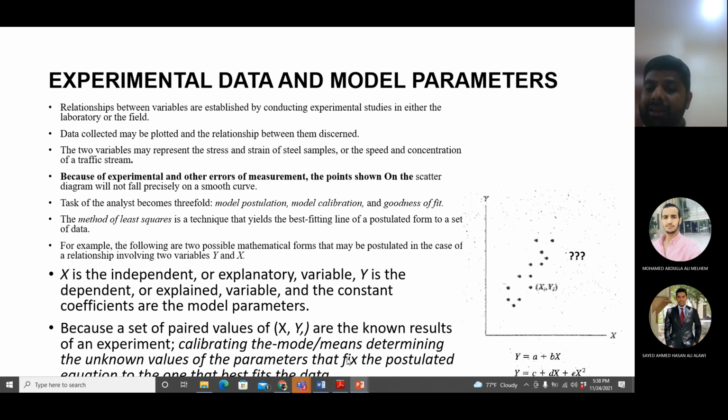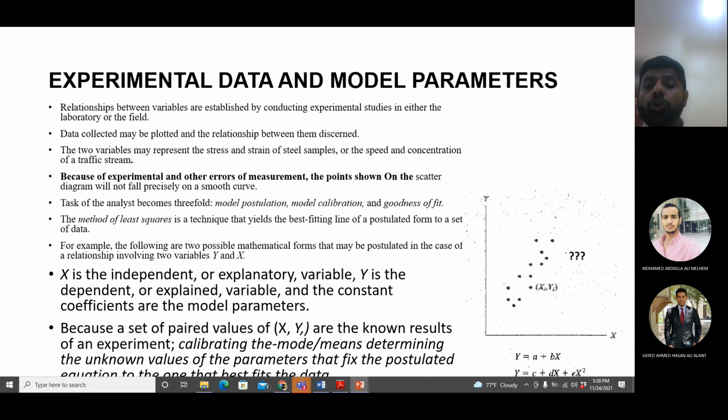If you look at the second degree model, then the terms will increase. You have c plus dx plus ex squared. So again, y and x are known, but then I have to calculate c, d, and e. As you keep on increasing the degree of the model, the number of model parameters will increase. So finding out the values of a, b, c, d, and e, depending upon the type of model, is known as model calibration. First of all, decide what type of model will apply. Then for that model, find out the parameters.